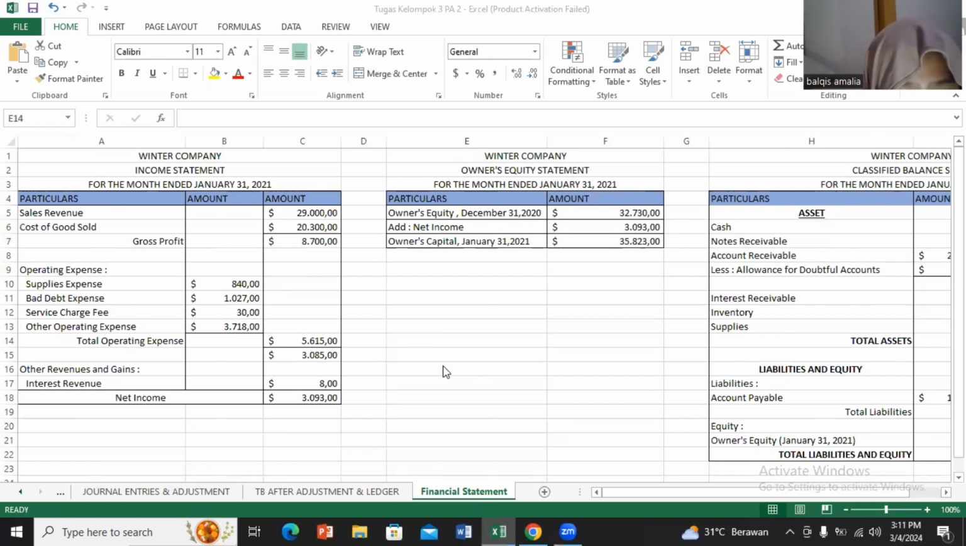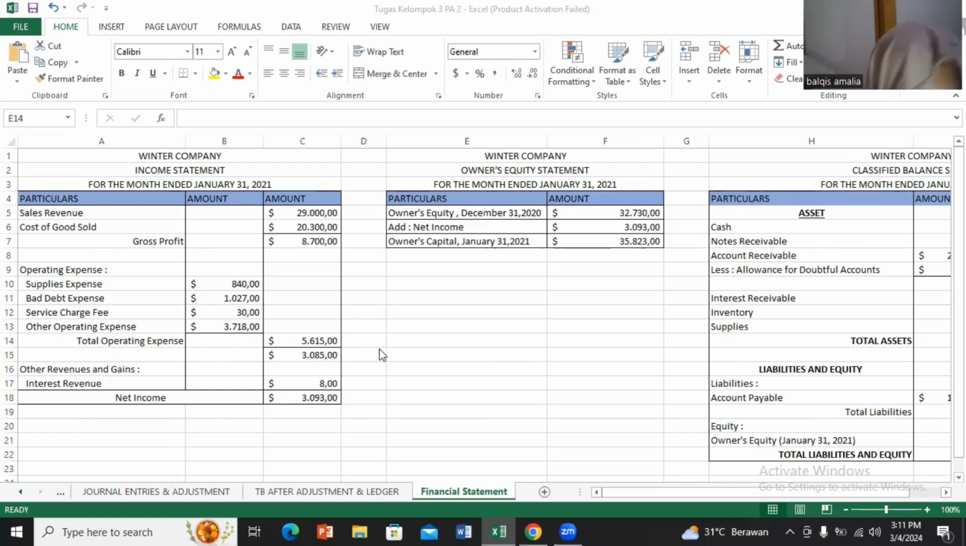Sales revenue will be minus the cost of goods sold, which results in a gross profit of $8,700. And after that, we have the operating expense. First one is supplies expense, $840, and bad debt expense $1,027, service charge fee $30, other operating expense $3,718, and we add all of the above, which results in a total operating expense. It's $5,615, and after that, the gross profit will be minus the total operating expense